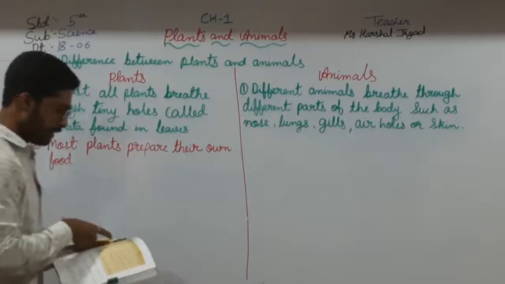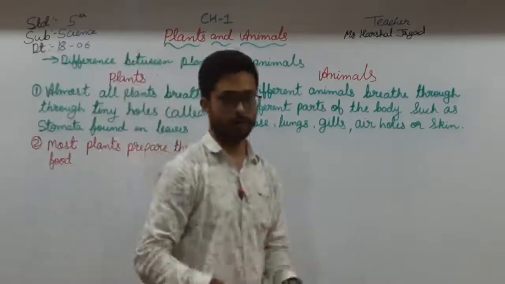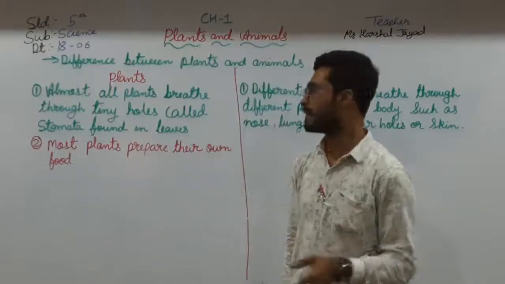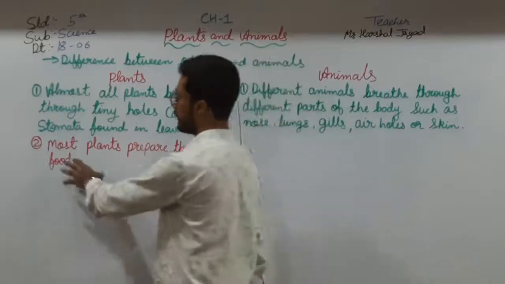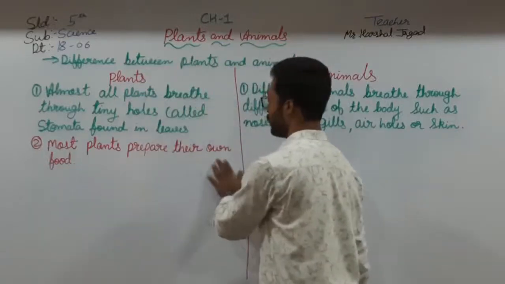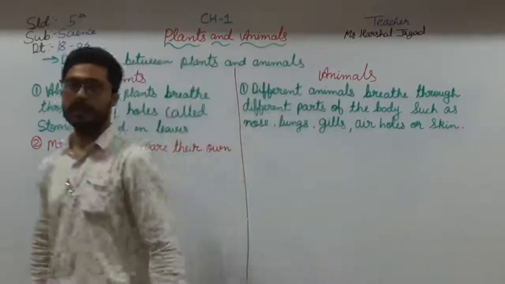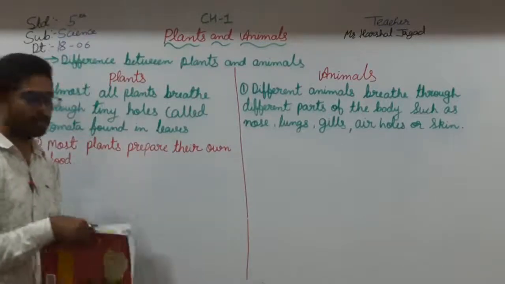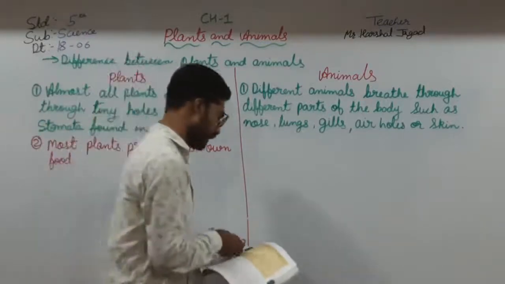So here, how do the plants get food? We can say that most plants prepare their own food. Then in the animals, how do the animals get food? So here it is written,